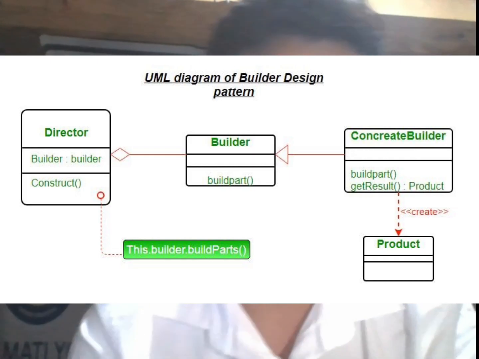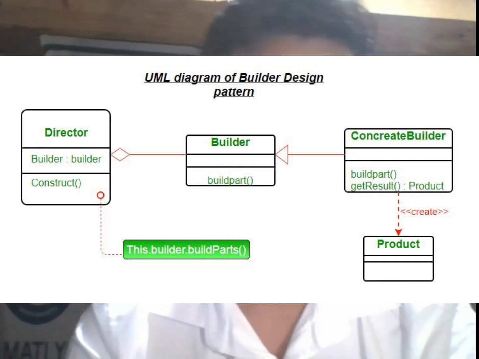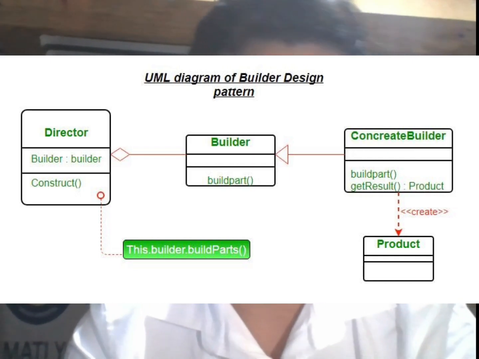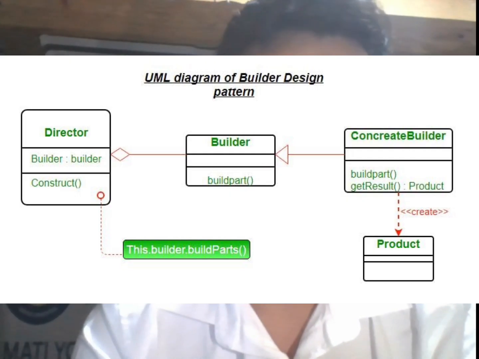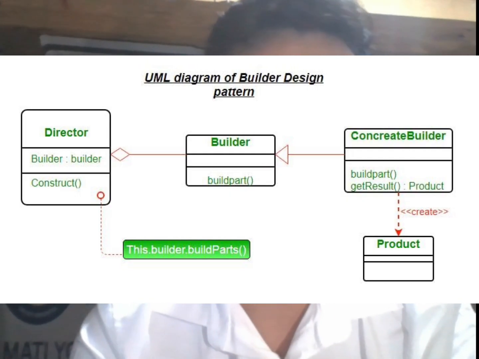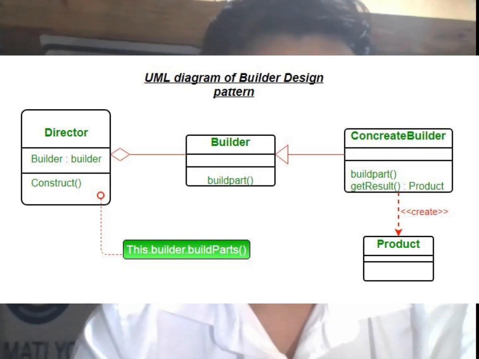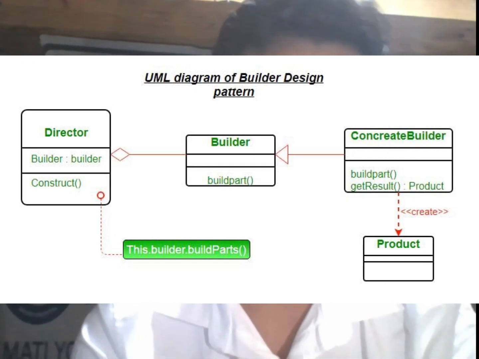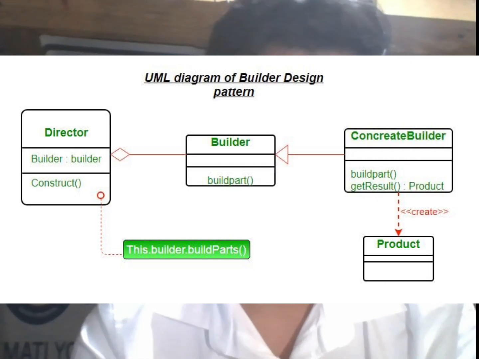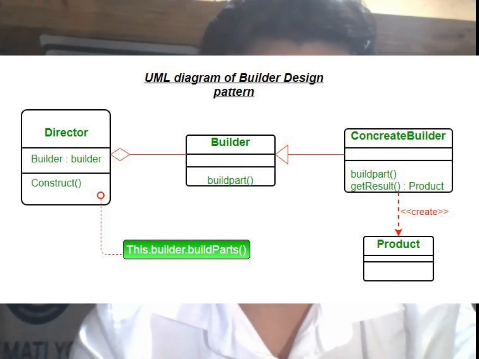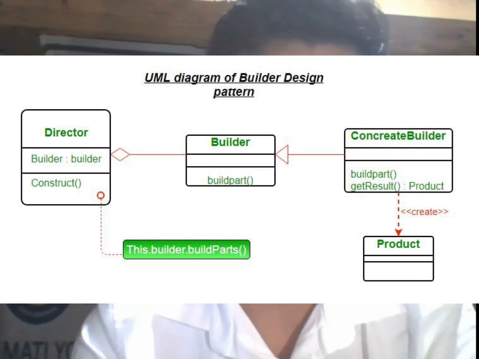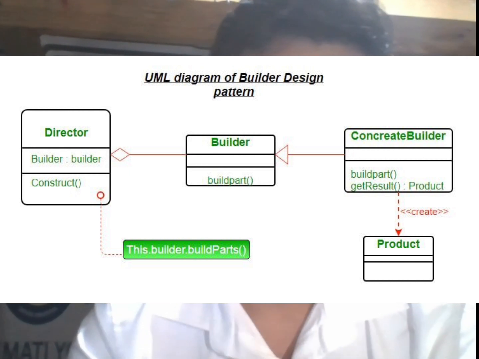Then third is the concrete builder. The concrete builder provides the actual implementation of each building step. It also knows how to assemble every part of the final object. Then the last one is the product. The product is the assembled result of the building steps.